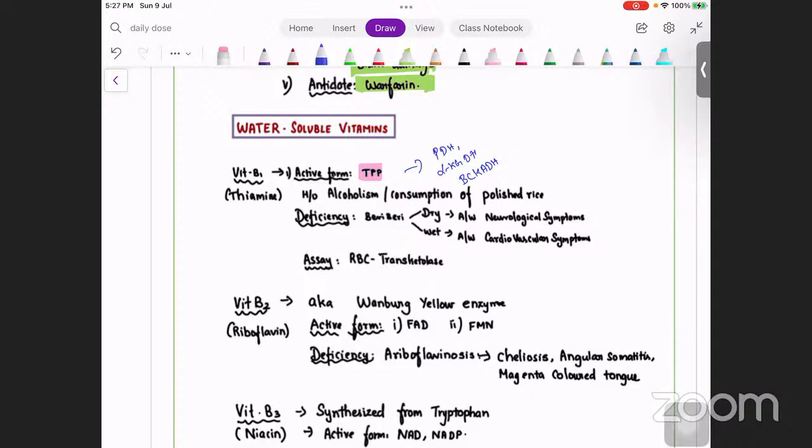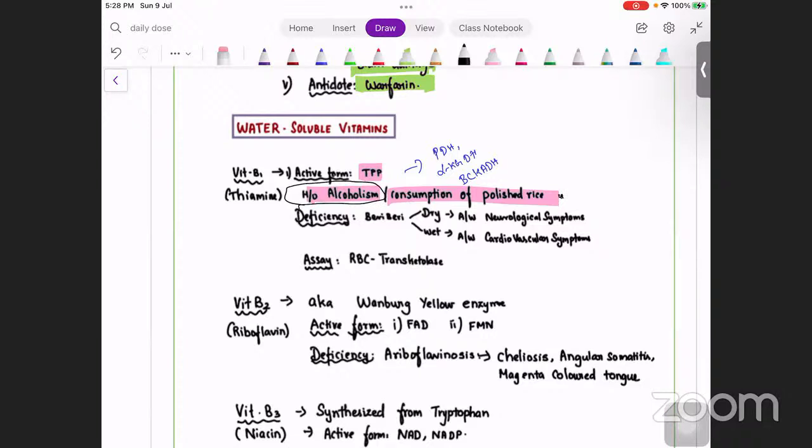Now, deficiency causes beriberi. Speaking about vitamin B1, any of these two options will be given as a clue if they give you a case-based question. One, there will be a history of alcoholism; the patient may be a chronic alcoholic, and the classical vitamin deficiency seen in this patient is B1. Or they may give you consumption of polished rice, but this is quite rare. There are a lot of questions in FMGE nowadays with vitamin B1 and history of alcoholism, so you should remember that.